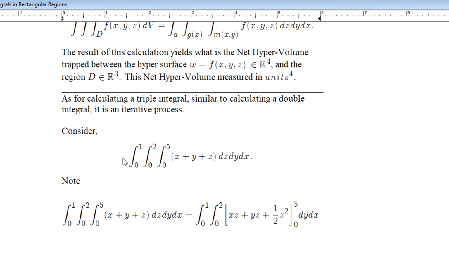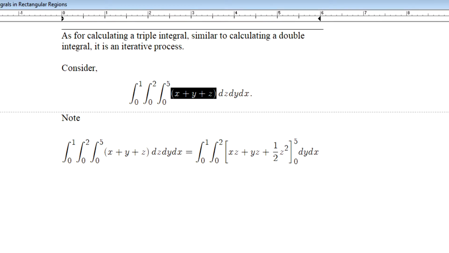All right? What we're going to do is integrate across that solid region of space between it and this 4-dimensional surface, this hypersurface, described by x plus y plus z. What we might even understand that as is a hyperplane, this surface, right? So if we take note and consider that integration,